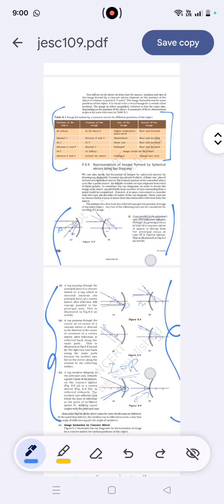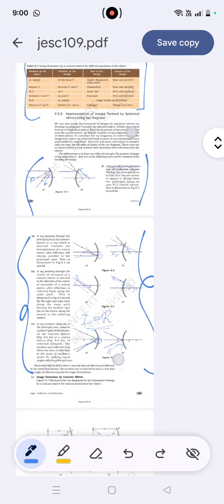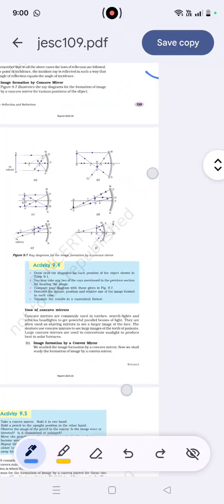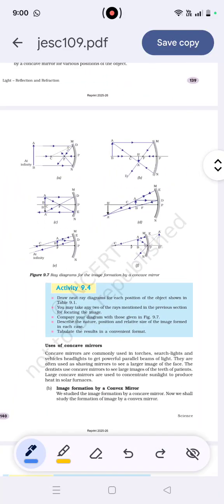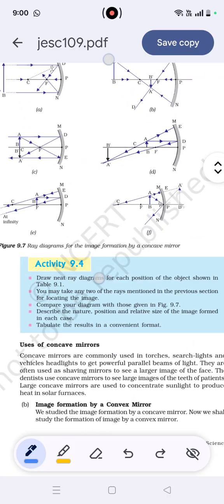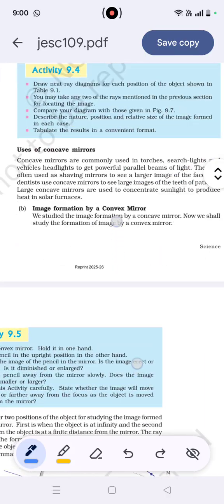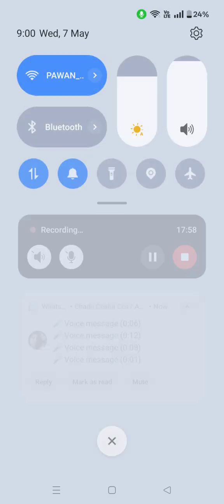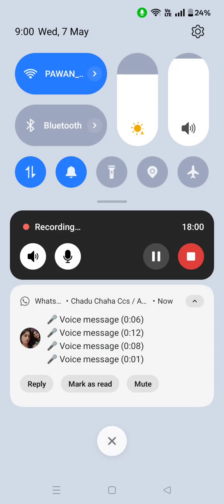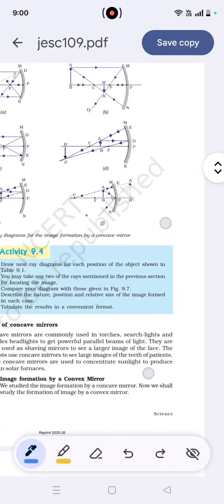Done. See how we are covering parts and covering the chapter. Now the image formation by spherical mirror can be justified. We are very close to the end of the chapter. Let's see. 18 minutes. Okay. Recording 30 minutes. Okay. Now